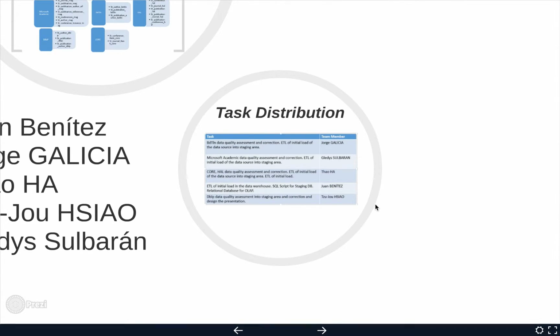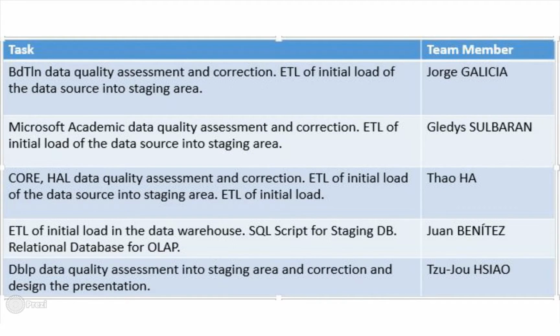Okay, let's see. The last part is the task distribution. As you can see, Jorge did the first part of data quality assessment and correction, ETL of initial load of the data source into staging area. Gledys did the Microsoft Academic data quality assessment and correction and so on. And Thao did the core HAL data quality assessment and correction, and also the ETL part. As for Juan, he did ETL of initial load in the data warehouse, SQL script for staging database, relational database for OLAP. As for Tzu-Jou Hsiao, he did the default data quality assessment into staging area and